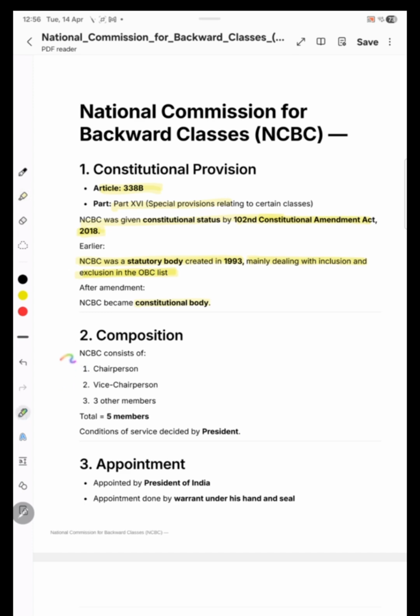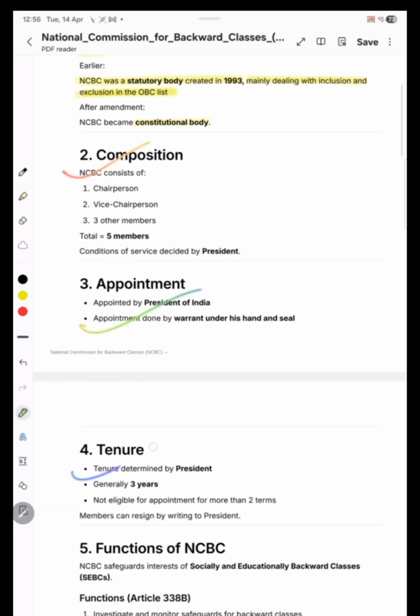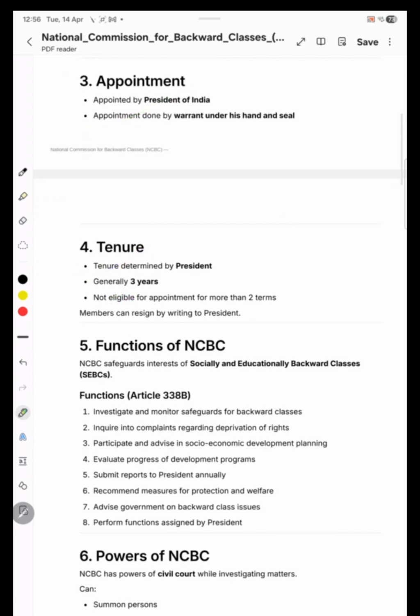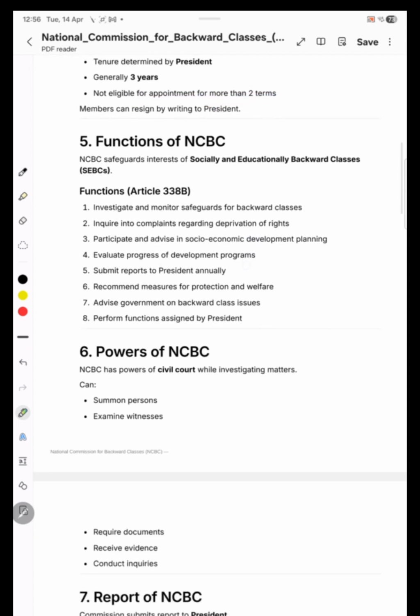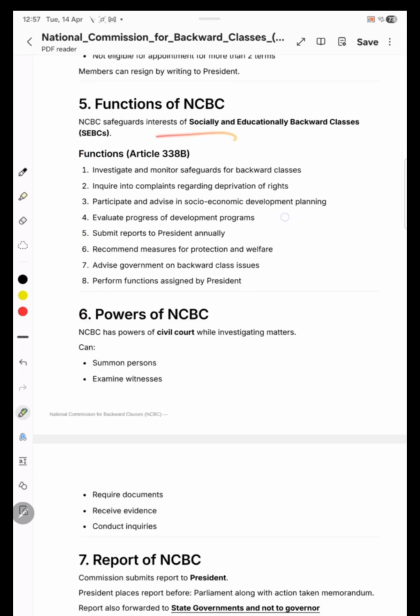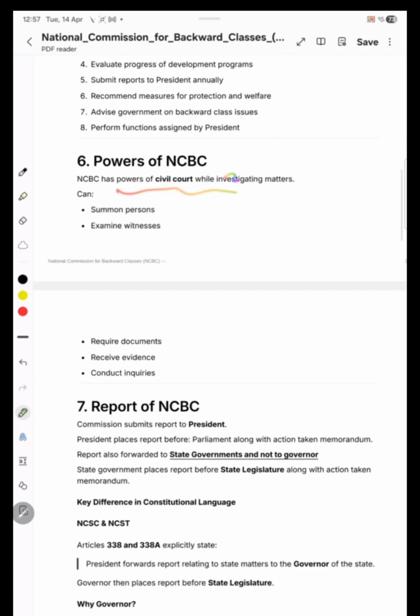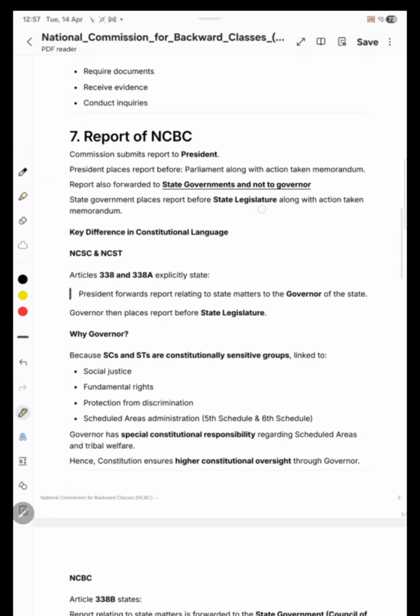Now composition, same, we have seen: appointment, President of India; tenure, generally 3 years, cannot be appointed for more than 2 terms. It's all same. Functions similar to the Scheduled Caste and Scheduled Tribe commissions. And power, it also has the power of a civil court. So this is a quasi-judicial body as well. Now coming to report,